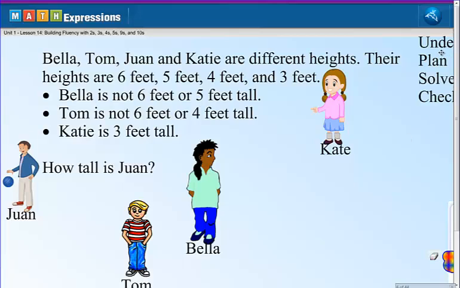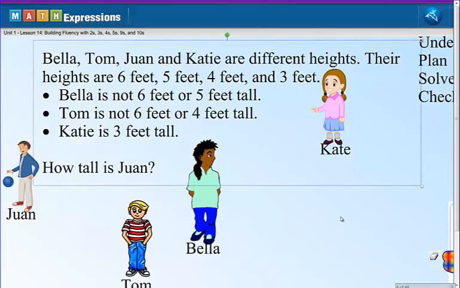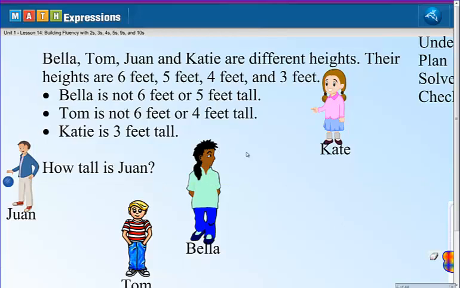So first of all, we need to understand that there are 4 people. We also need to understand there are 4 heights: 1, 2, 3, 4. So let's plan. What if we put a height on each of them and then started guessing? Well, it's got some clues, so that would be one way.